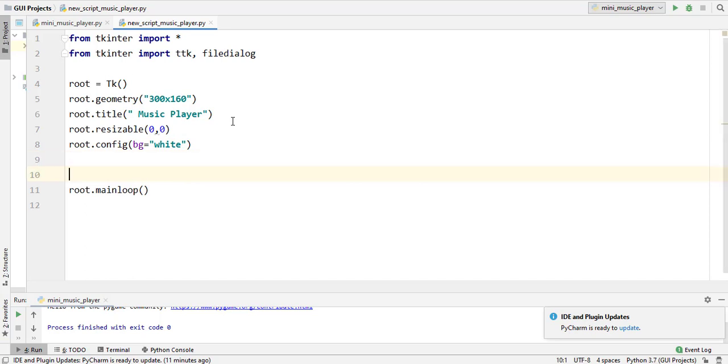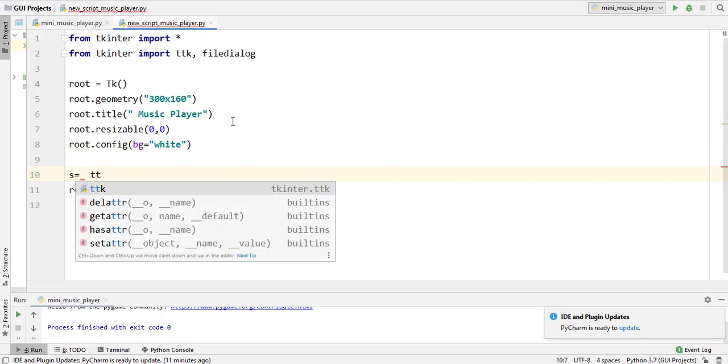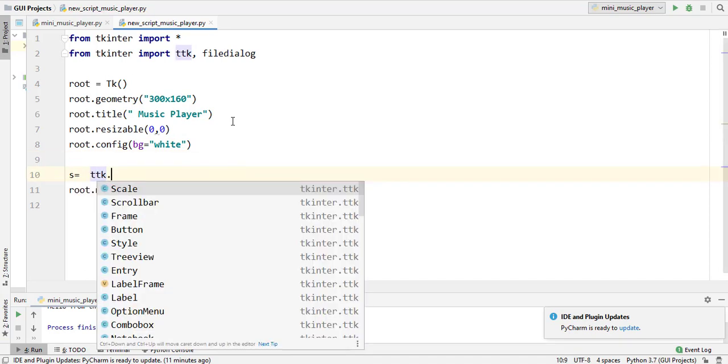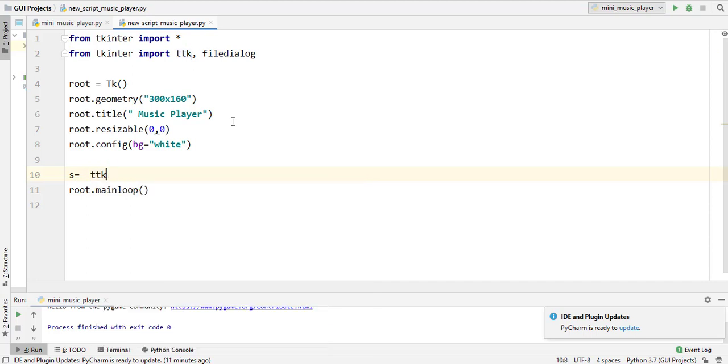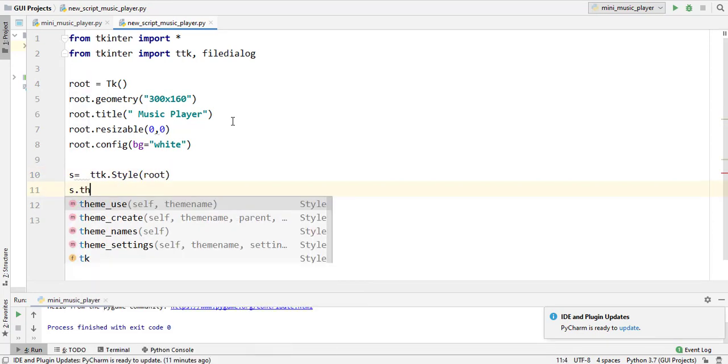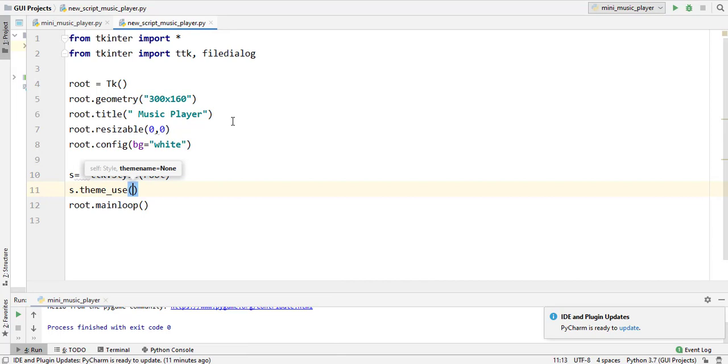Now the next thing is styling our GUI with ttk.Style. Inside Style I am passing root, and s.theme_use, and I am using the theme vista.